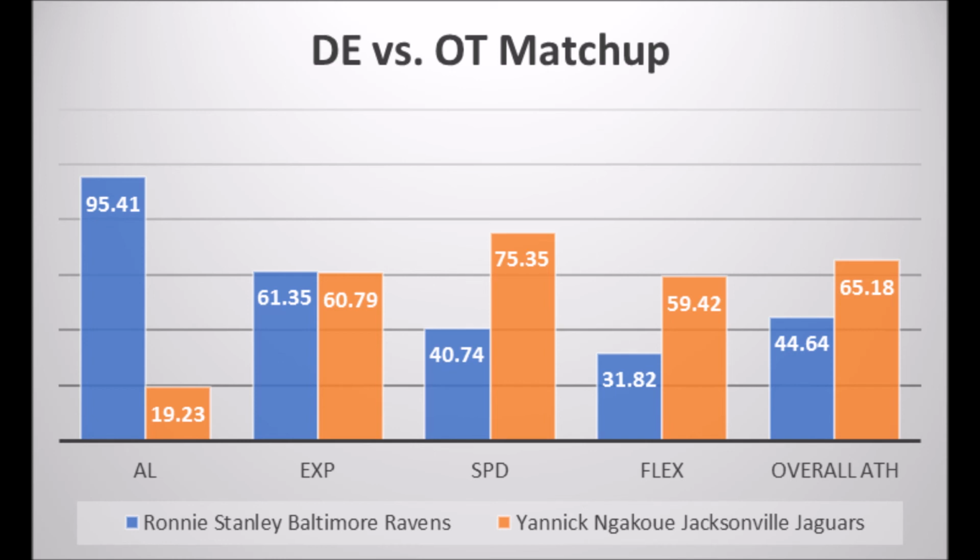because Ronnie Stanley, in terms of his overall percentile grade, has a 95.41 percentile arm length, whereas Yannick only has 19.23. So this is always one of those fun matchups where you have the short, speedy guy versus the slower, long-armed guy. It does kind of favor Yannick because of his speed, but it is a matchup nonetheless that I'm actually kind